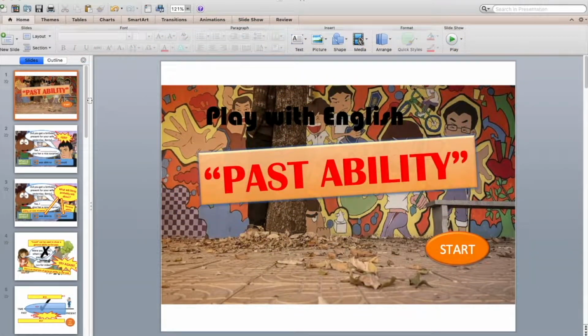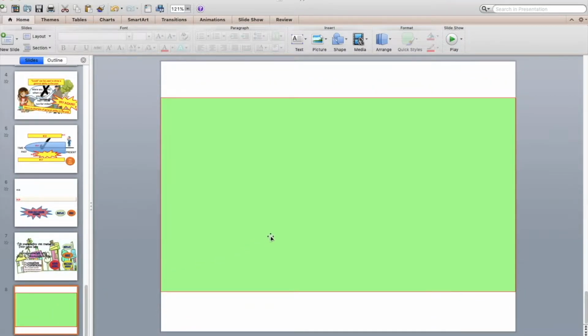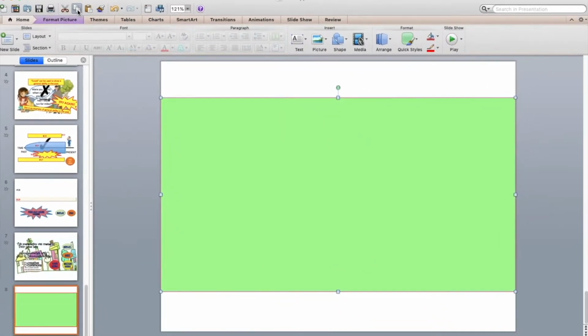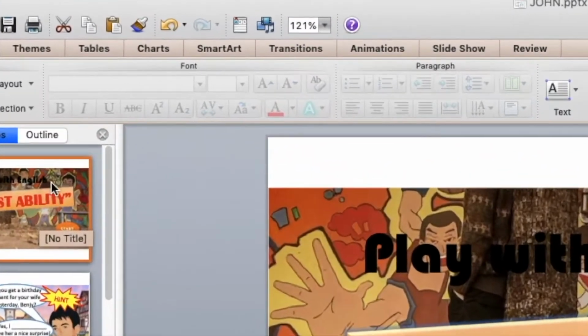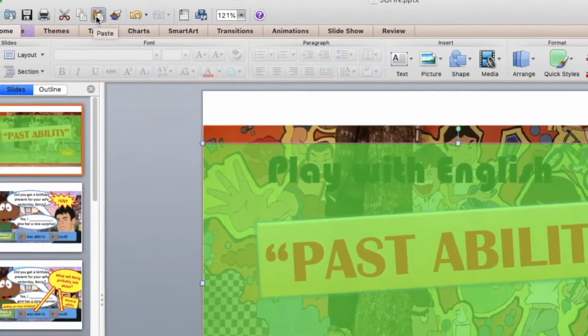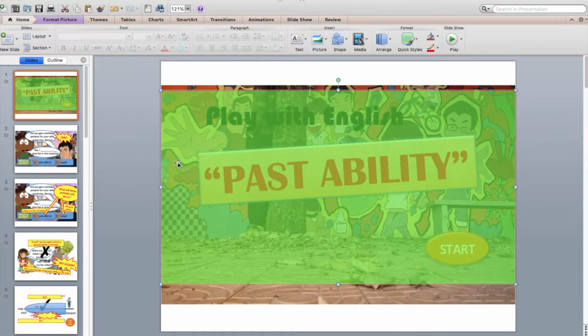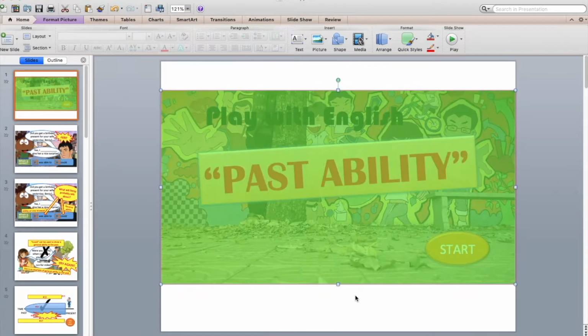There is just one more thing I'd like you to do before we move on to the next slide. Go right down to the end of your presentation and you'll find that there's a slide that contains nothing except a green rectangle. This is purely for test purposes. I'd like you to copy that green rectangle, go back up to your first slide and paste it in. Now that is the area that will be included in the final edit when this gets made into a video. Anything outside that area won't go in.